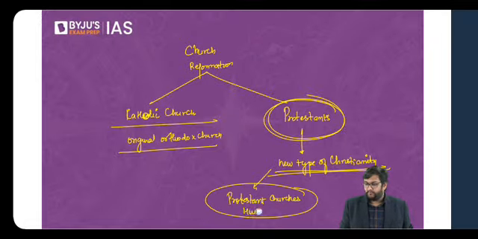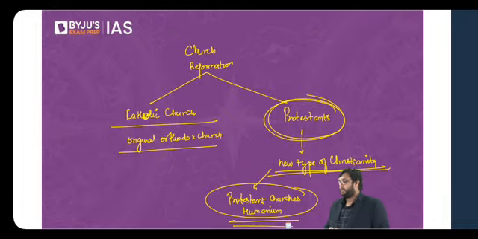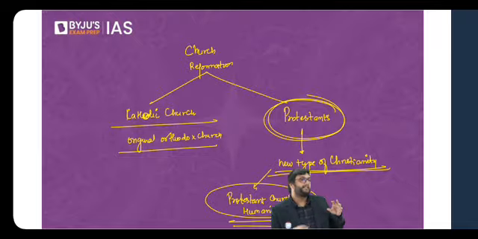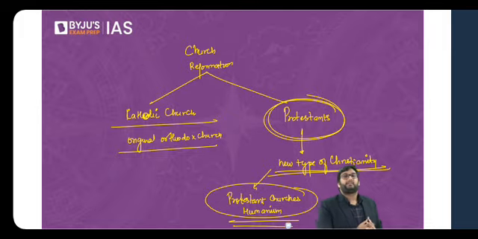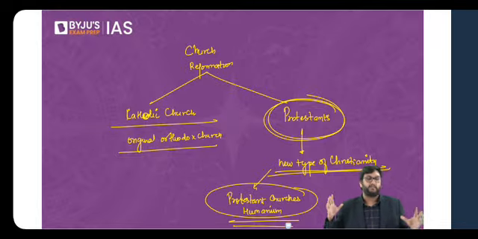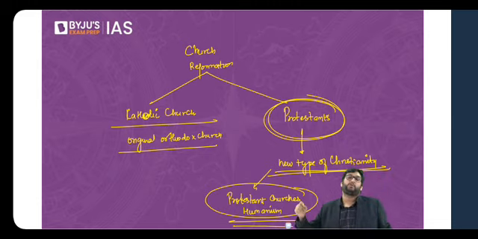But the most important point was that Protestant churches started to get influenced by humanism. Whilst in the Catholic Sunday school, they used to teach scholasticism, God is everything, God is everything, the Protestant churches used to teach humans are everything. And humanism, which was developing since the Renaissance period, now started to get connected within the Protestant religion.